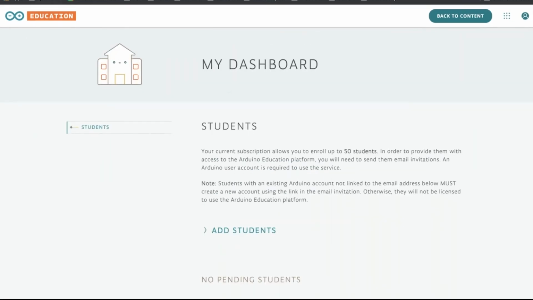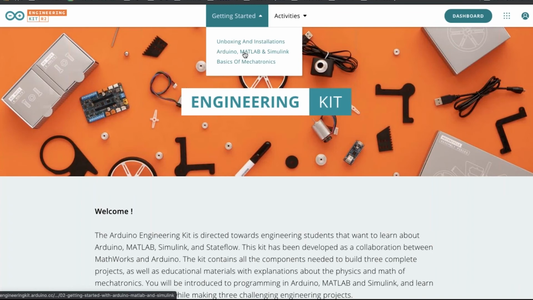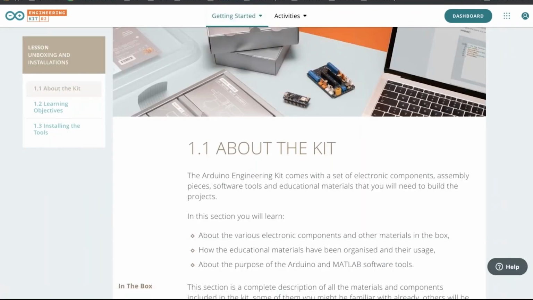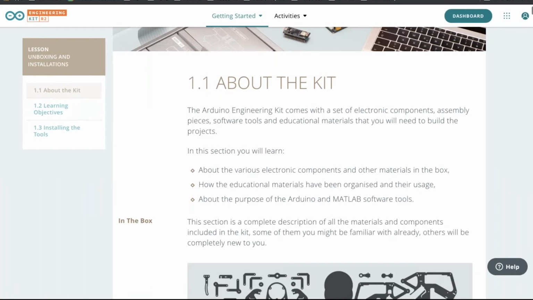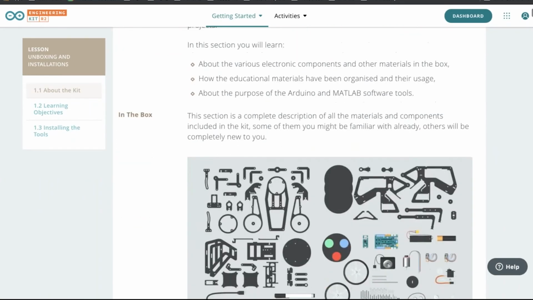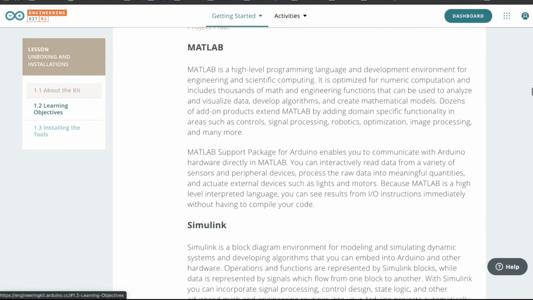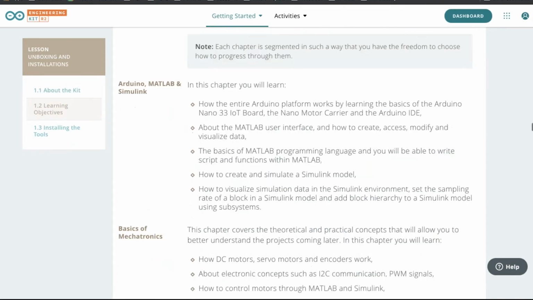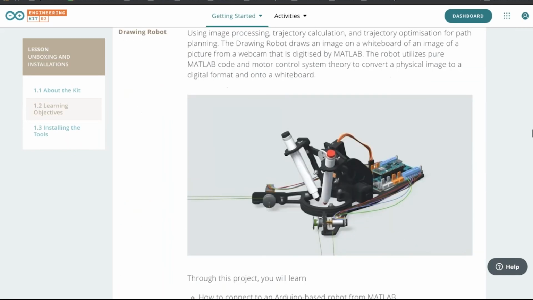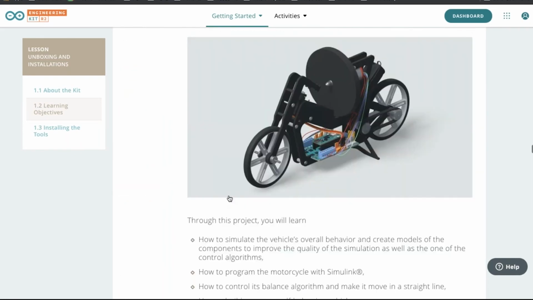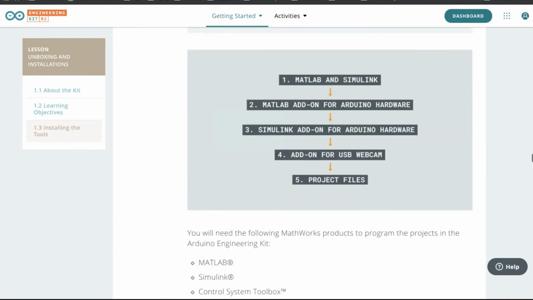It's a very simple interface, so it's not so tricky to go about. I can also show you a little sneak peek of the content. For example, the first chapter is all about setting up the kit and giving you an overview of what's in the kit, what the different learning objectives are, and how one could go about using this kit as well. And of course, it ends with a little installation